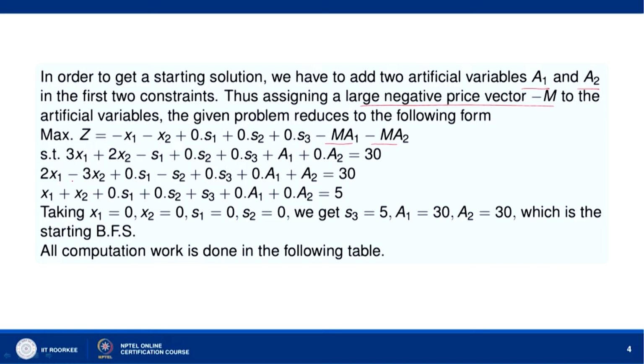The second equation is 3x1 - 2x2 + 0s1 - s2 + 0s3 + 0a1 + a2 equal to 30, and then the third equation is x1 + x2 + 0s1 + 0s2 + s3 + 0a1 + 0a2 equal to 5. Okay. Now, we have